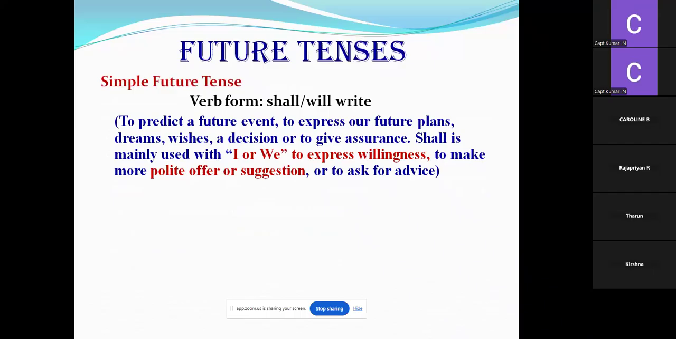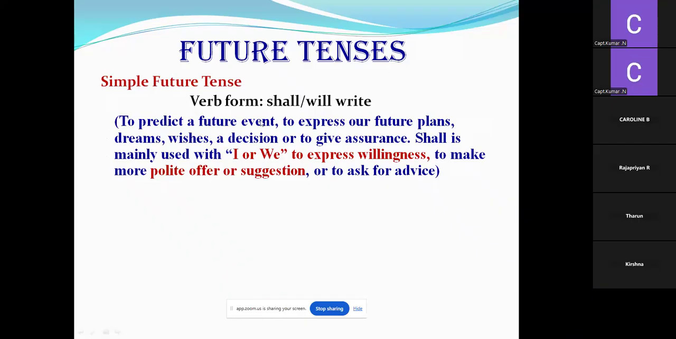Next comes simple future tense. Yes, simple future tense, many of us, all of us actually, use in our life because all our dreams, all our future plans, all our goals, all our activities we express using simple future tense. Okay. So it is used